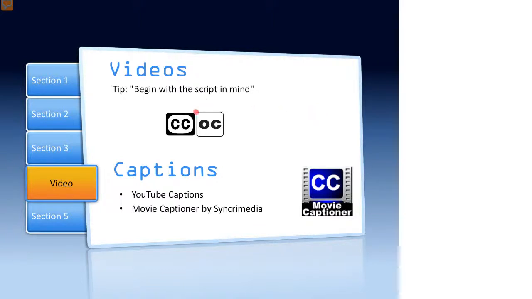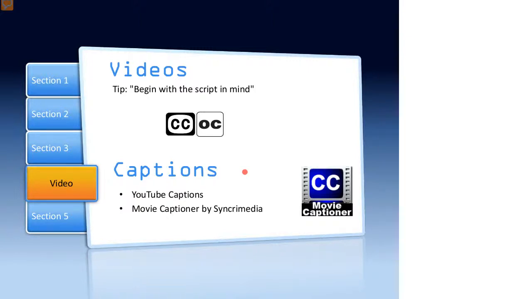Are you going to be doing what's called open captions or closed captions? Open captions are where the words, the subtitles for your movie, are burnt onto the screen. Closed captions are where you can turn them on or off, a bit like on YouTube, where you can turn the captions on or off if you want them.